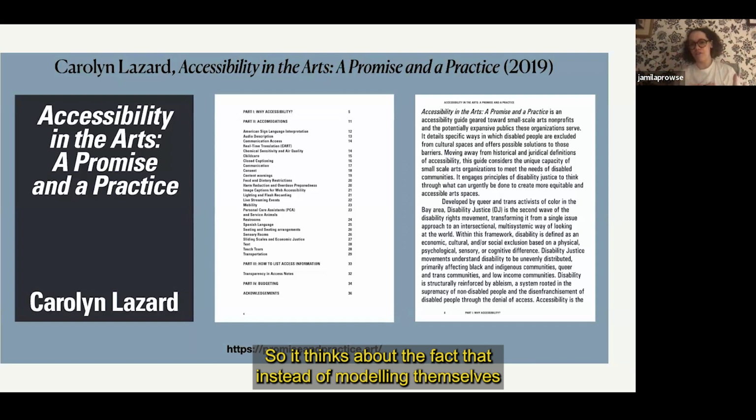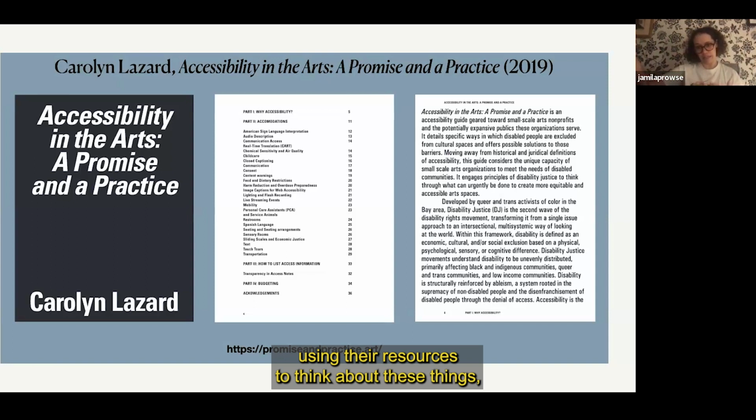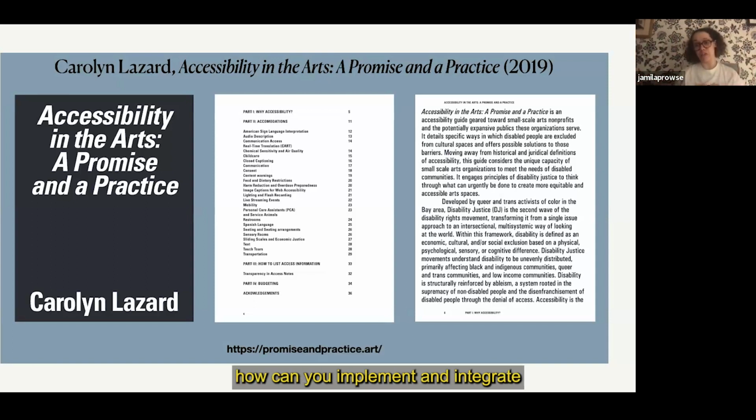So it thinks about the fact that instead of modeling themselves off these bigger institutions that might not be using their resources to think about these things, how can you implement and integrate a different, more open approach with more